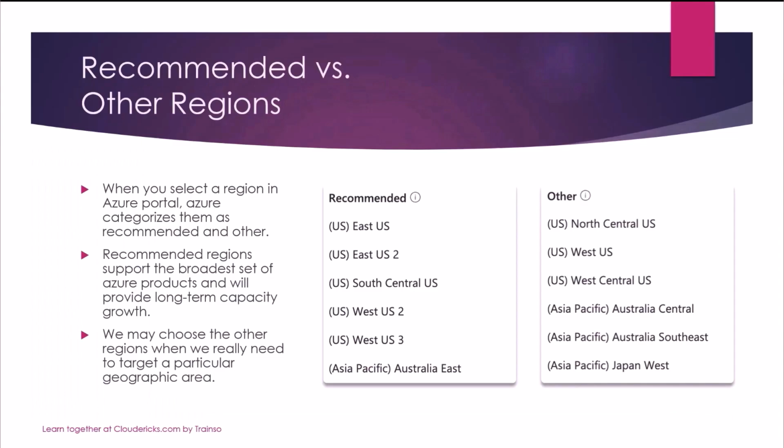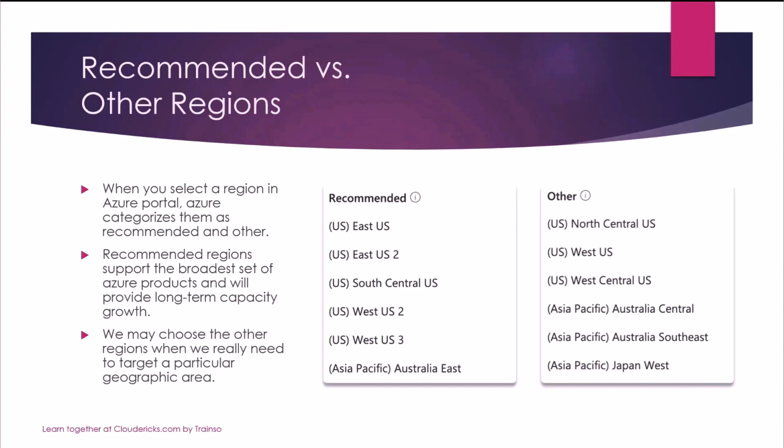Recommended versus other regions. When you select a region in Azure portal, Azure categorizes them as recommended and other. Before creating a resource such as virtual machine in Azure, you need to select a region. And when you try to select a region, Azure categorizes those regions as recommended and other. Recommended regions support the broadest set of Azure products and will provide long-term capacity growth. For example, there is high probability that features such as availability zones will be present in a recommended region compared